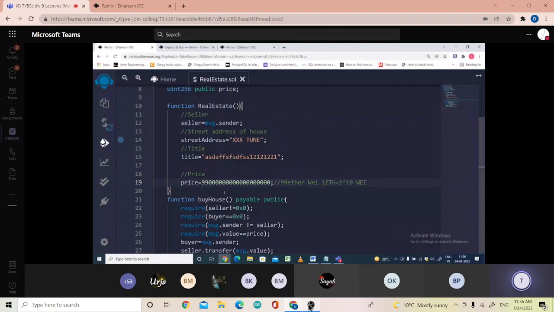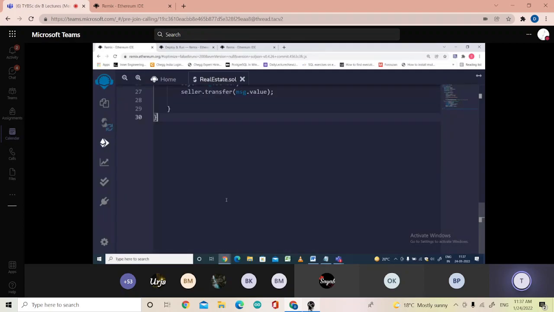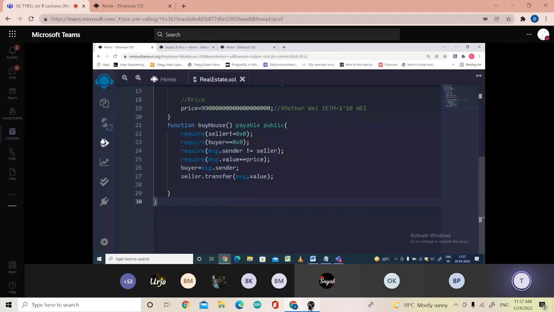Okay, now here we are having in this smart contract only one function, that is buy house, where this value will be subtracted from the sender's value, and it will be added into the seller's, जो भी कॉन्ट्रैक्ट जिसने क्रिएट किया है उसके अकाउंट में ये ऐड किया जाएगा। Now this buy house is one of the function।